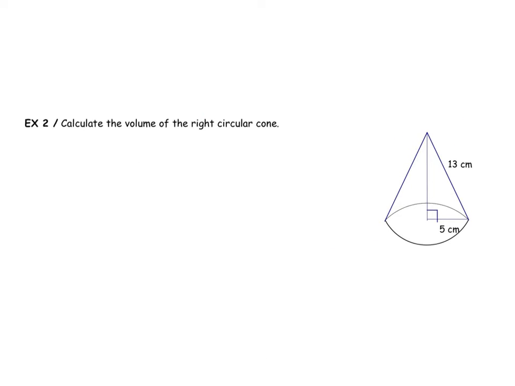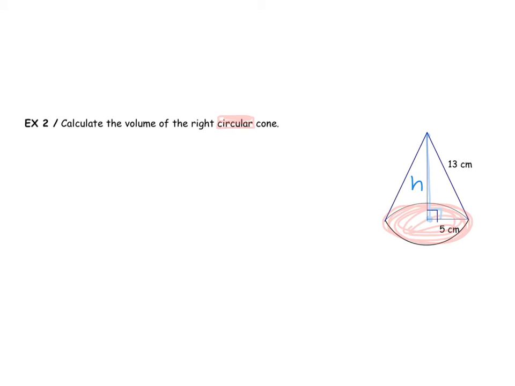In our next example, we're going to calculate the volume of a right circular cone. Because it is a circular cone, it's just telling me that the base is a circle, and right just means that it is not oblique. So our height is from the apex right down to the center of the circle. So I'm going to need to find the height, and I'm going to need to find the area of the